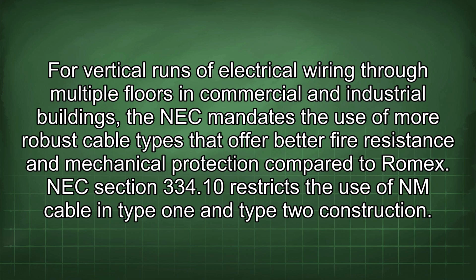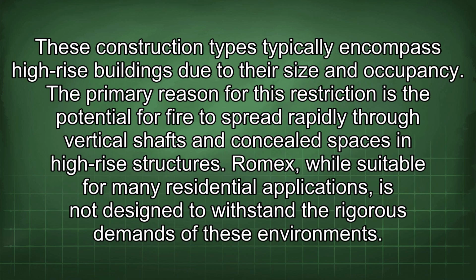NEC Section 334.10 restricts the use of NM cable in Type 1 and Type 2 construction. These construction types typically encompass high-rise buildings due to their size and occupancy. The primary reason for this restriction is the potential for fire to spread rapidly through vertical shafts and concealed spaces in high-rise structures. Romex, while suitable for many residential applications, is not designed to withstand the rigorous demands of these